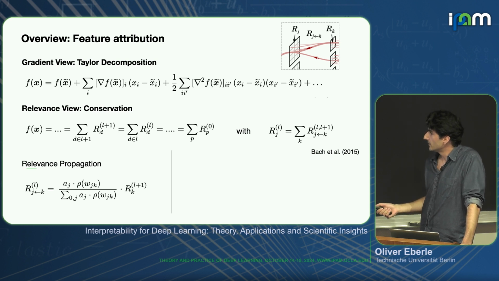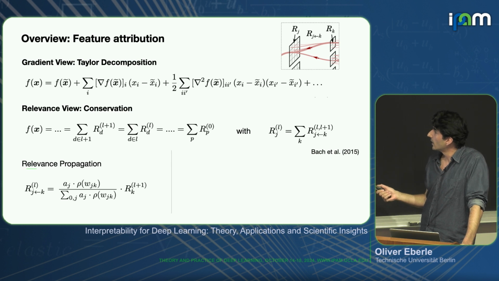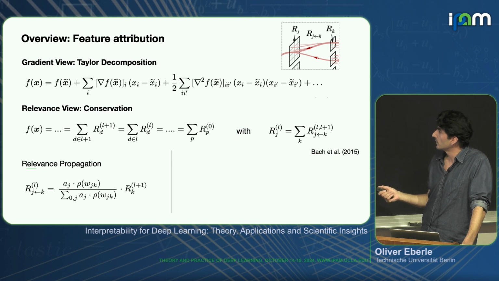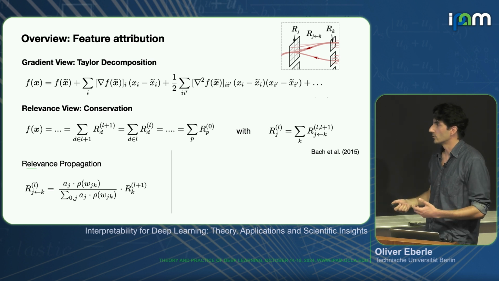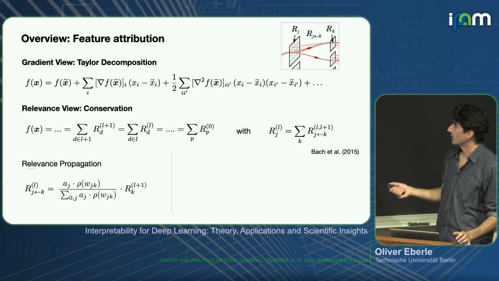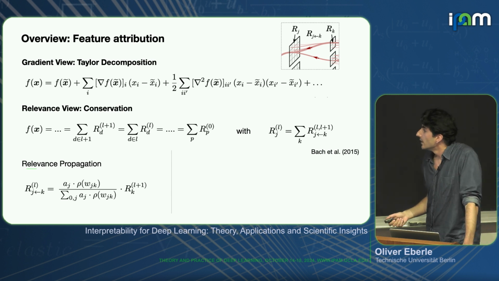And then the idea here is that you always pool all your relevancies that flow from a later neuron K to some lower layer neuron J to get all the incoming relevance of a certain neuron. So you pool all the incoming information into J, and then this would be your total relevance R_J at this position here.